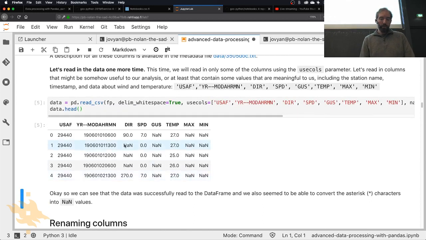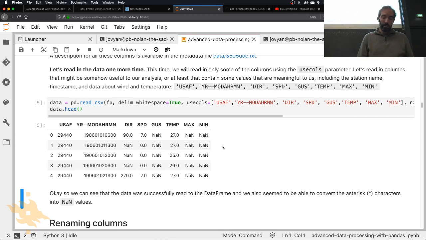And now when we do the data.head, you see still our station identification, but now many fewer columns, and we have basically only the data that we're interested in working with. So sometimes when you read a data file in, you're going to have lots of things you don't care about, and this is a nice way to strip out that data right away and not even bother reading